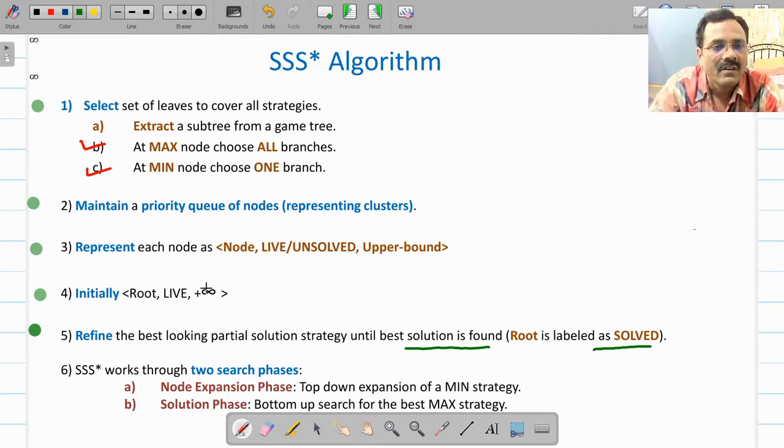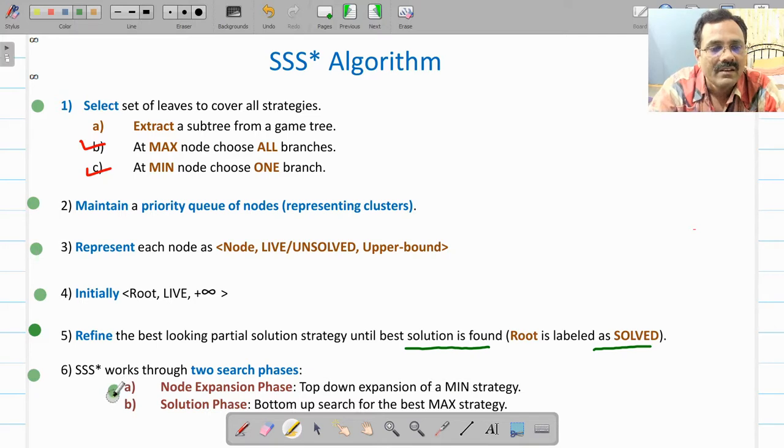So all this you will be doing in two phases. SSS star algorithm works through the two search phases. First phase is your node expansion phase. So it will start with your root node and then it will generate a tree, subtree, which will cover all the strategies, right? So that is called a node expansion phase or forward phase. That is the top-down expansion of main strategy.